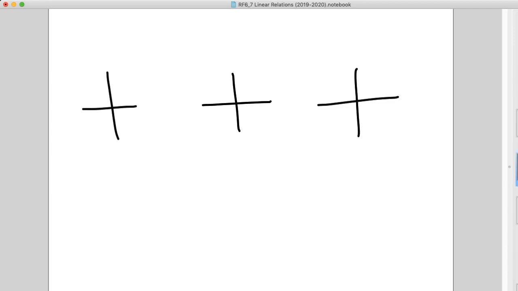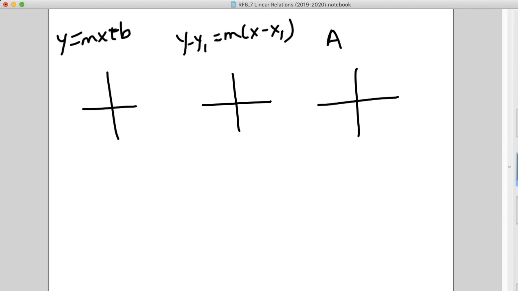So our first form that we discussed was y is equal to mx plus b. Then we also had your point-slope form, or slope-point form, y minus y1 is equal to m times x minus x1. And finally we have ax plus by plus c is equal to 0. Now all of these different forms of linear equations have their pros and cons. The first one here,